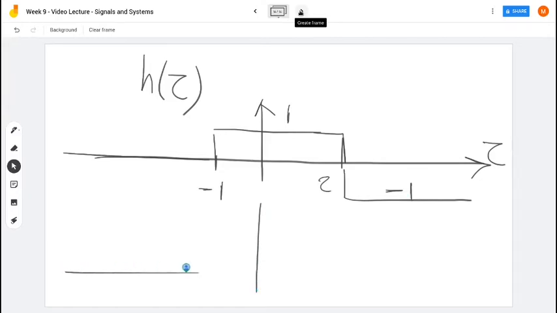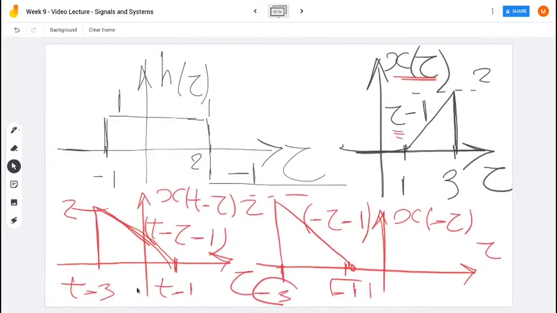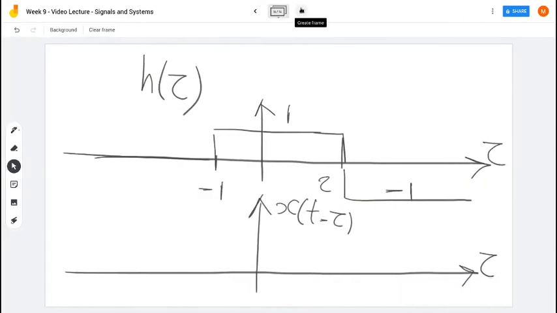And over here, let's draw x of t minus tau. So it starts at t minus 3 up to t minus 1. So let's start like this. This is t minus 3, and this is t minus 1. So the first interval would be